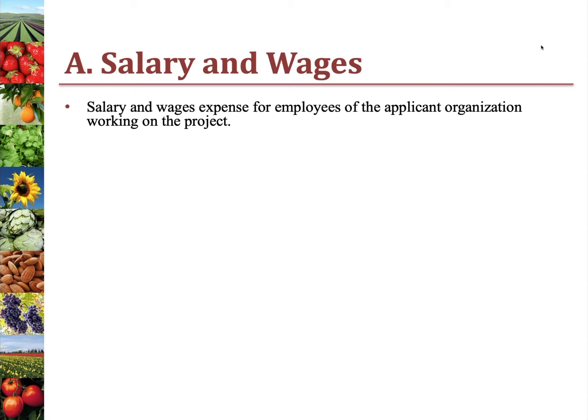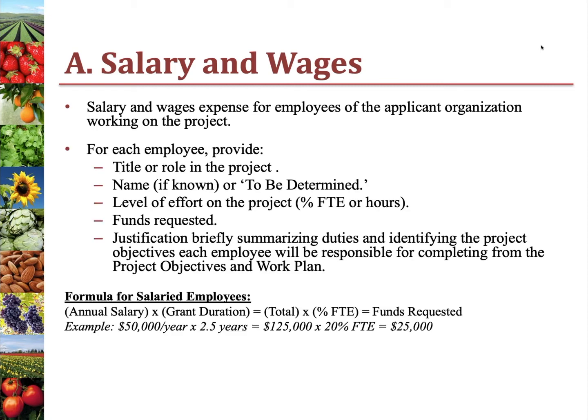Category A is for the salary and wages expense for employees working on the project. This section should only include people employed by the applicant organization. If people from other organizations will be paid with grant funds, those costs should be listed under contractual. In the salary and wages table provided, enter each employee's name, if known, and their title or role in the